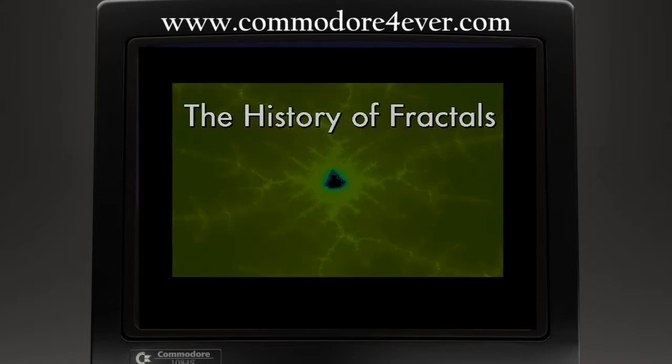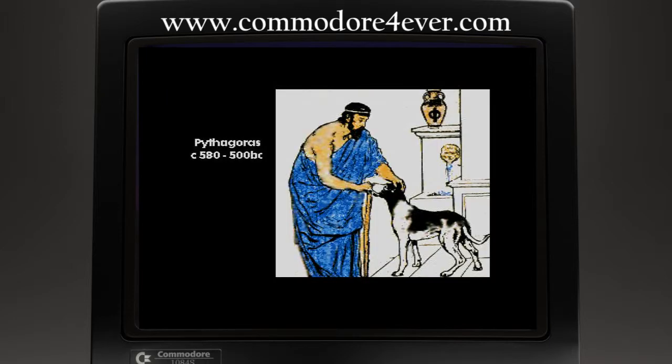Ever since the dawn of modern science in the ancient civilizations of Greece and the Middle East, people have tried to explain the universe in simple terms. The discovery of geometry in ancient Greece led philosophers such as Pythagoras to suggest that there was some natural mathematical order that described the universe.